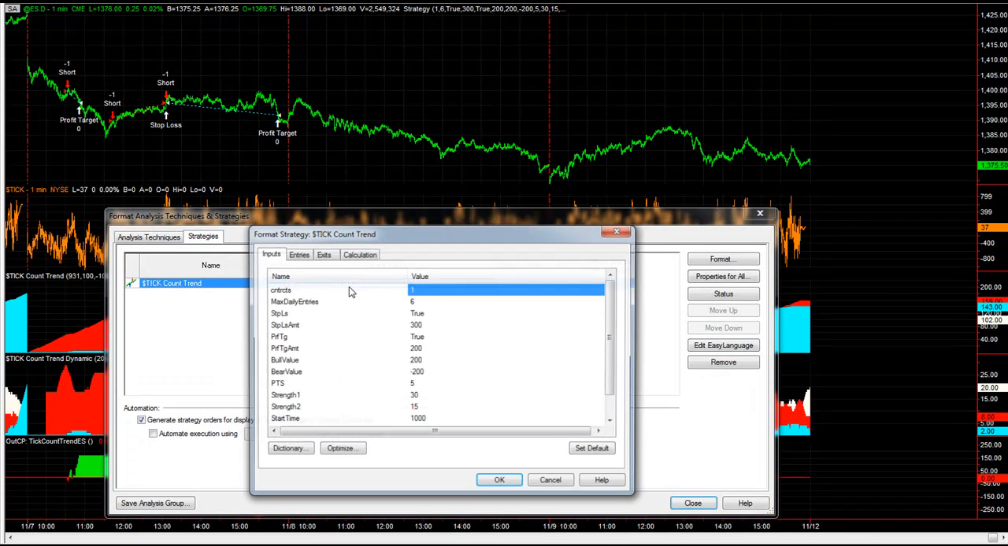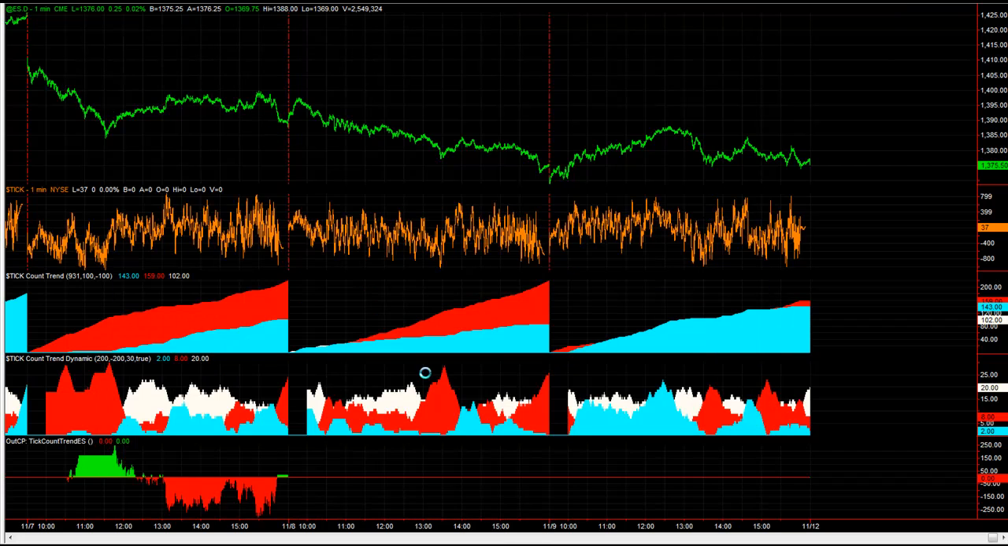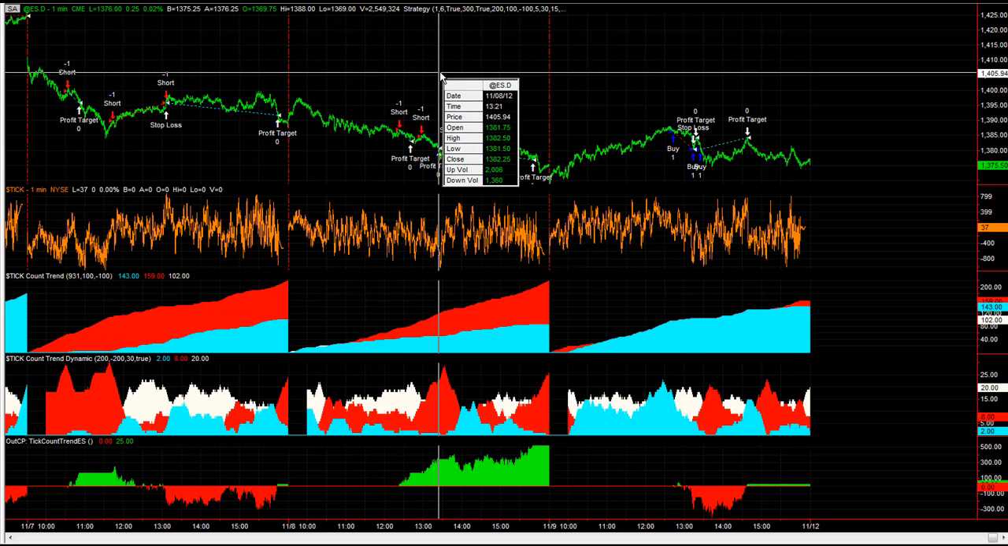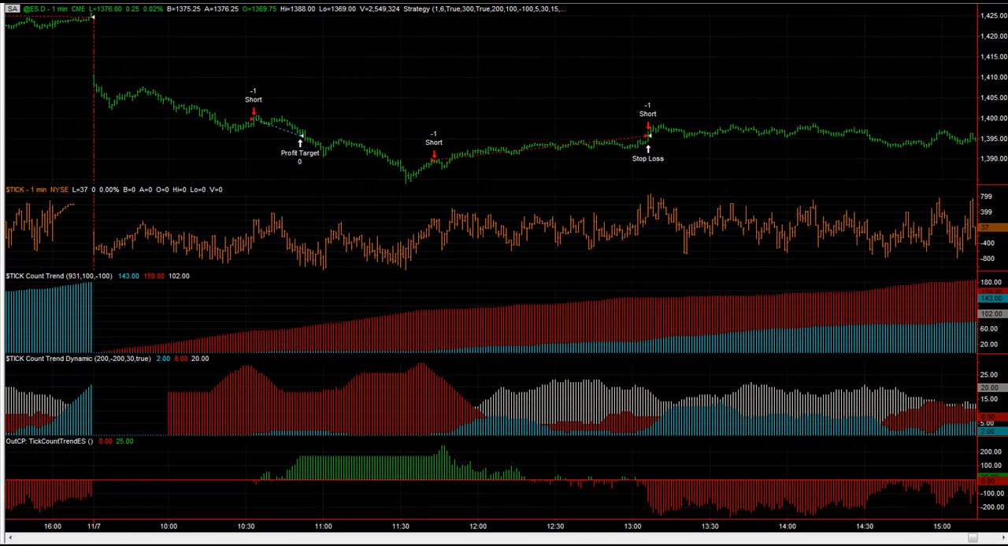I need to change the strategy to go bull value plus 100 and minus 100. Take a look. It's more aggressive, so you get the same three trades on Wednesday. On Thursday, you get three short trades, all profitable. You're shorting rallies in the afternoon, and then on Friday,